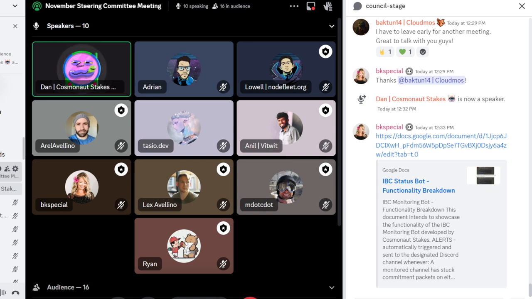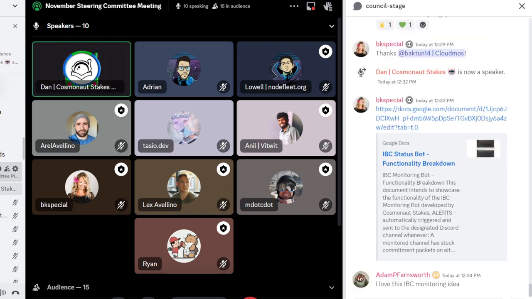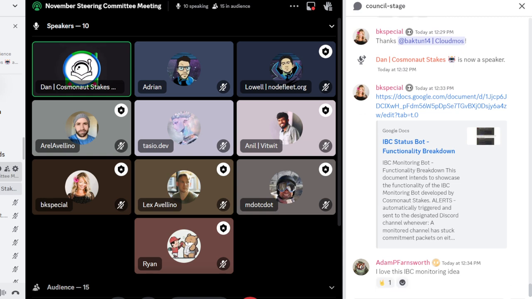The same can happen for expiring client connections. If there are, let's say, 14 days or 7 days left in the connection and it's about to expire, then a notification is sent on Discord too.